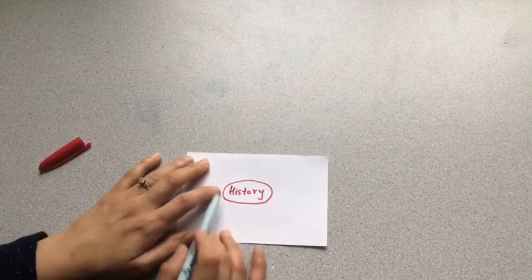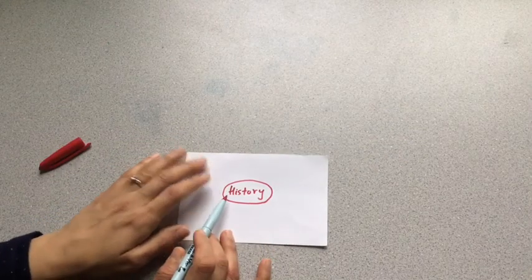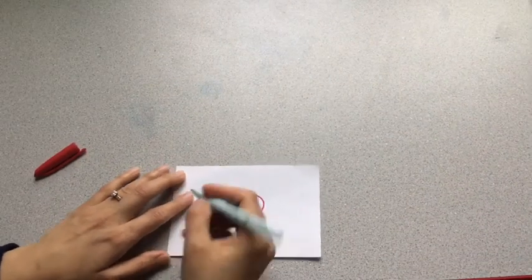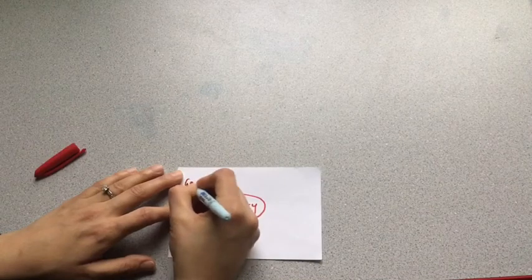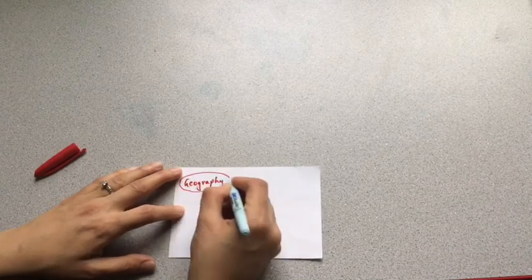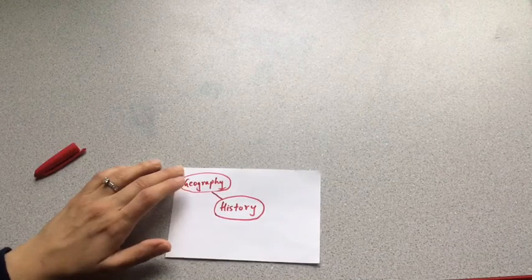Coming back to this, I start with history as the central theme, and I add in more activities which will help me achieve my geography goals. So I will spend more time on the landmarks of the place, and I will do map work every single day. I will do additional maps. I will do additional talk about the geography of the place. Plus, I will